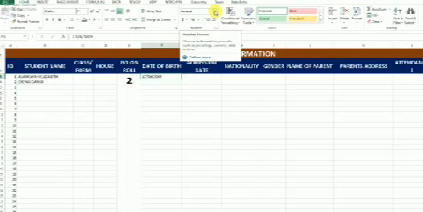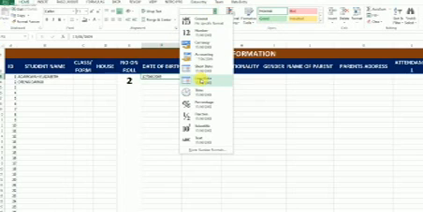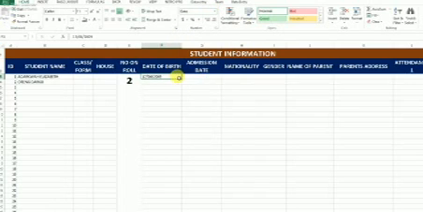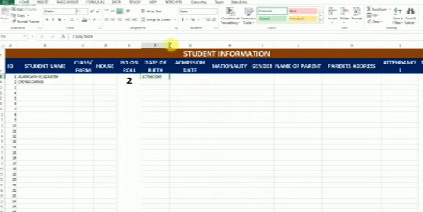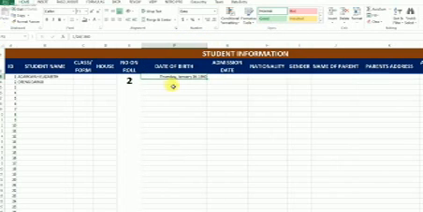Then you select Long Date, then you come to this side and drag it. So we have Thursday, January 26th, 1909. You can just adjust and then change it.